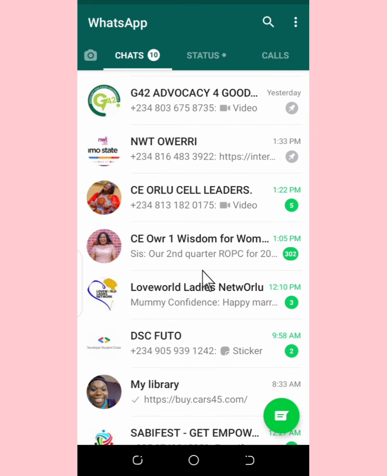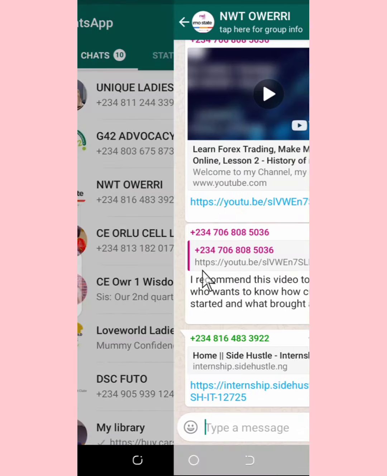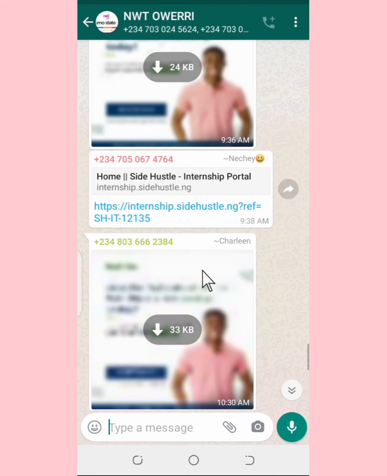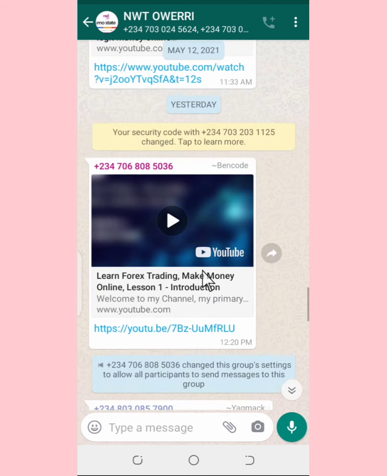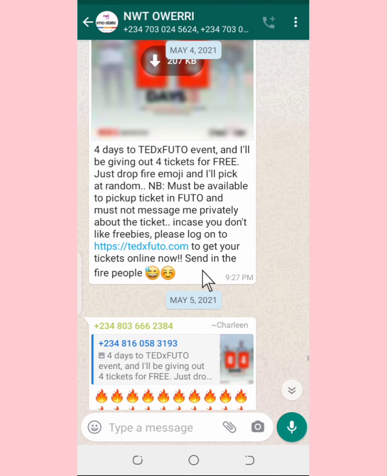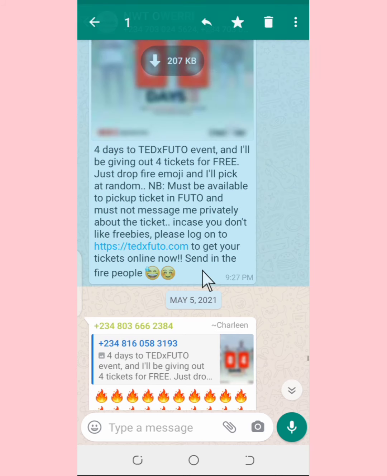Okay, take for instance any group you want. Let's look for a group. You can decide to star any message you don't want to forget. Let's look for a message and star it in this group. Okay, so I want to star this message. Once you tap and hold it, it is highlighted, then you go to the star button here to star